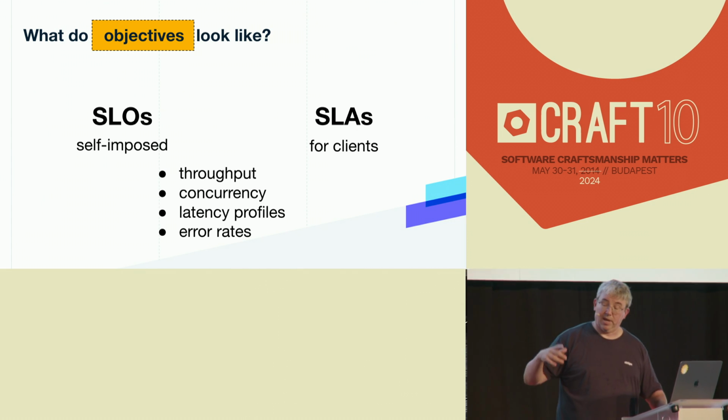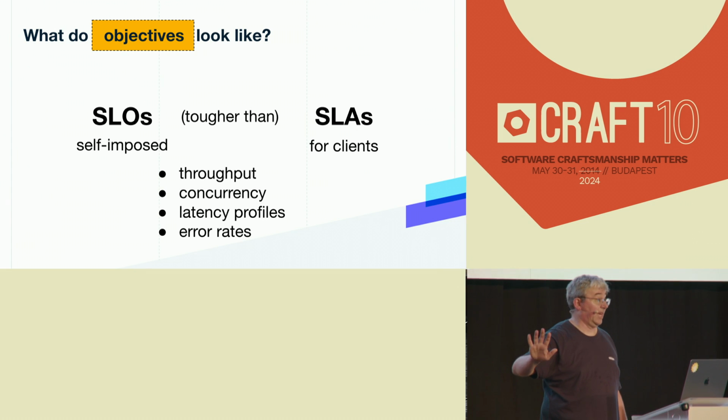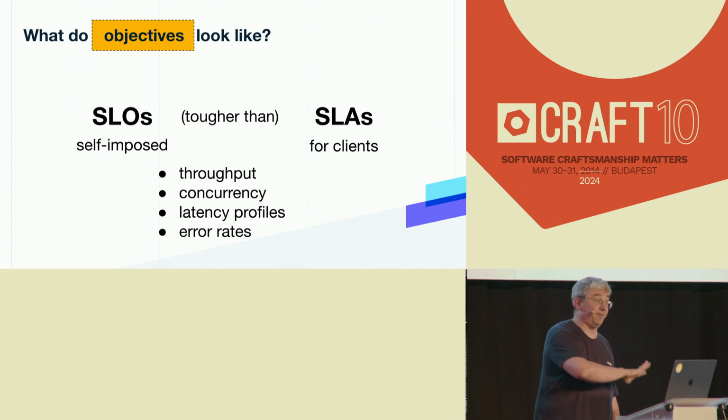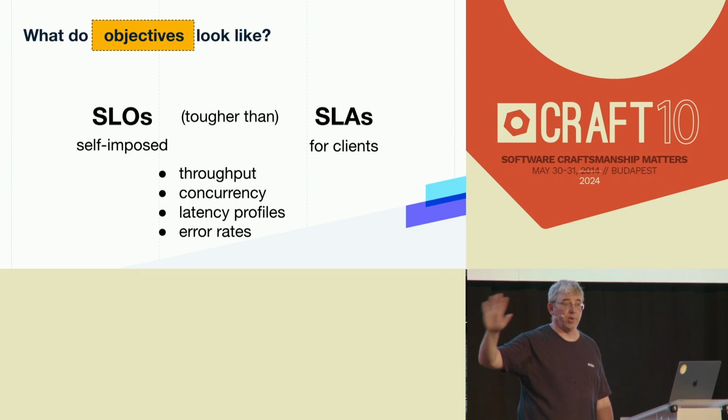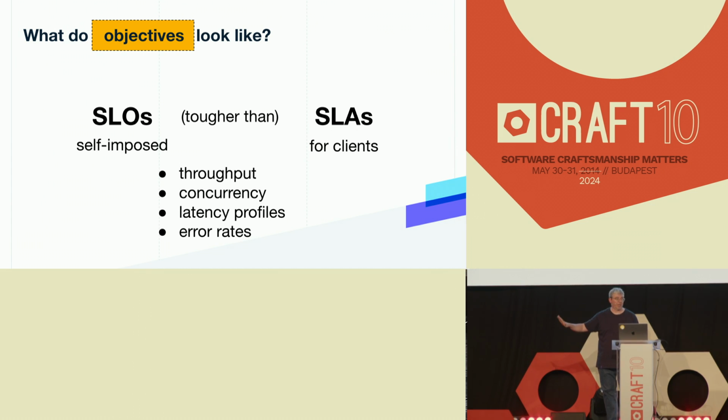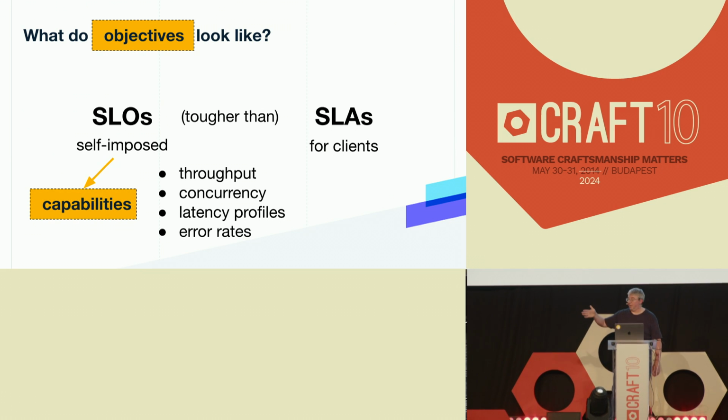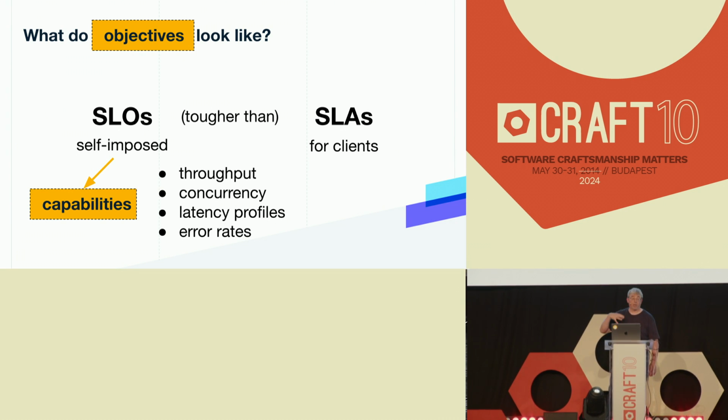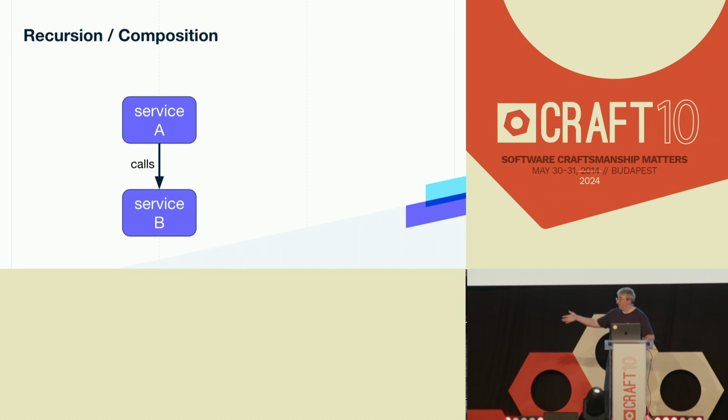And so the way I think about it, generally, the service level objectives should be tougher than the service level agreements, or we're going to be doing a lot of apologizing to our clients, right? So what I think this means is we should think about the service level objectives as the capabilities of my service, right? This is what I'm currently capable of. And the SLAs are really a good way of describing the objectives that we want the service to be able to obtain. And so if we have these control planes, we can actually put them together, right?